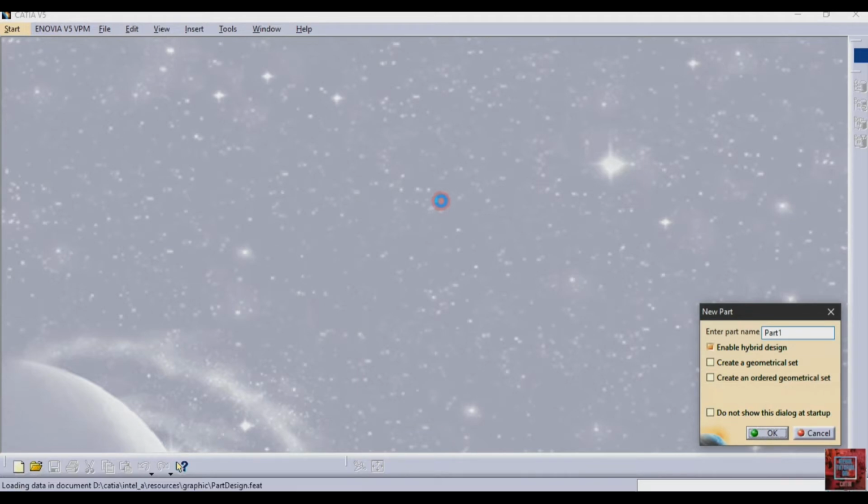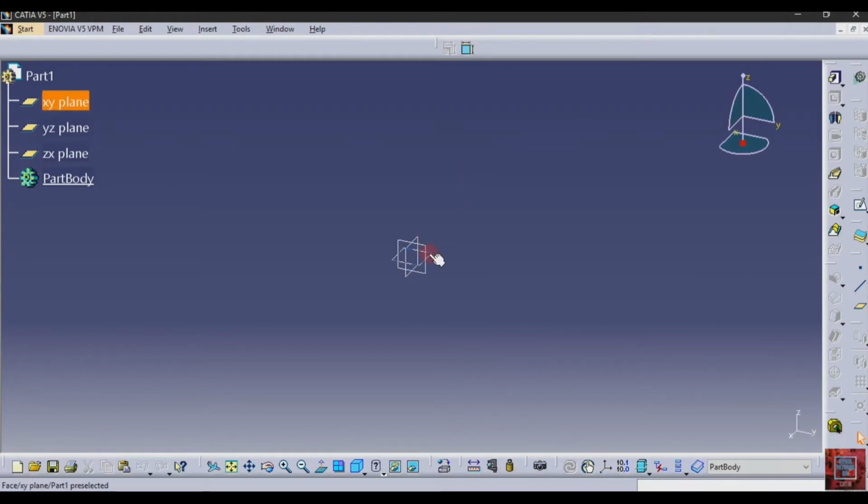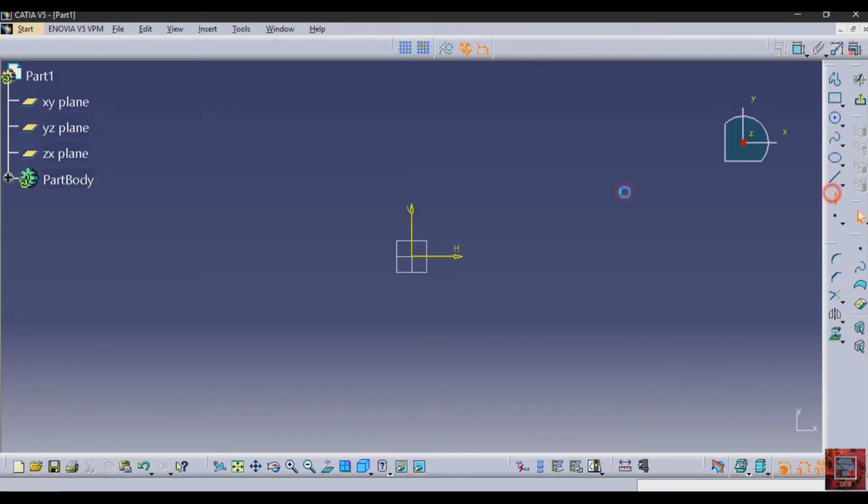I name this part 1, okay, and after that I select XY plane, then sketch, and then I select a center line, make a line at the horizontal axis, and after that I make a circle.